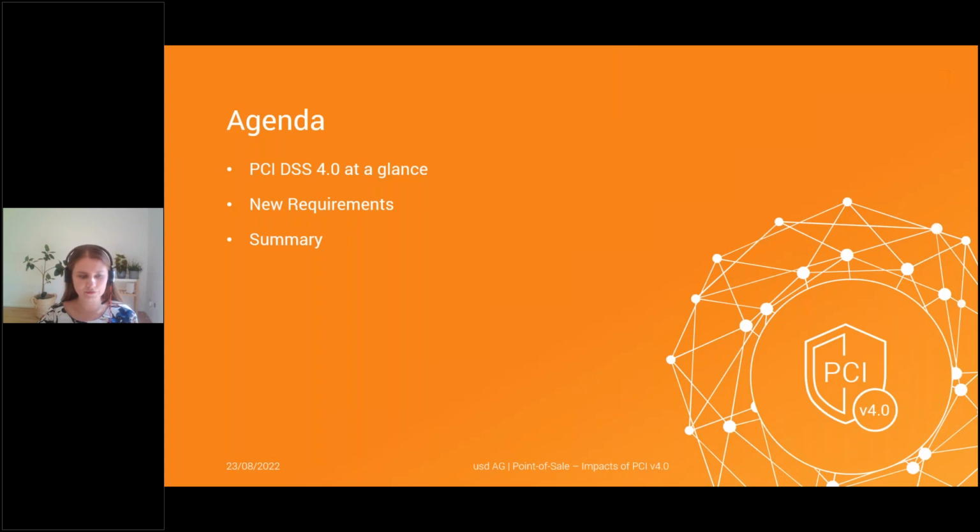Let's get started. First of all, we talk about PCI DSS at a glance. So what kind of changes did we have in PCI DSS in general, the timeline which we will face with the new version, so what kind of steps do we need to take next. And then we will look at a few requirements which are new to our merchant environment. In the end, I will give you a general summary of the changes PCI DSS version 4.0 had on our